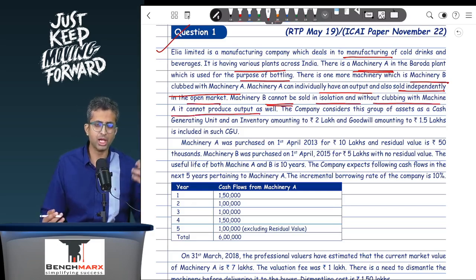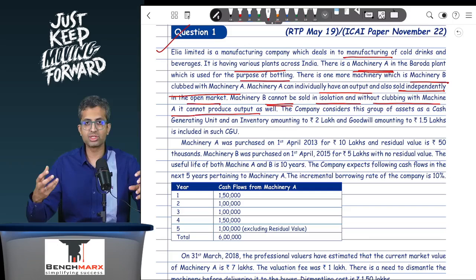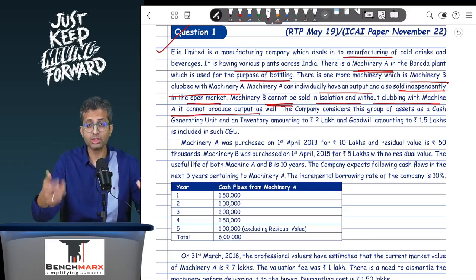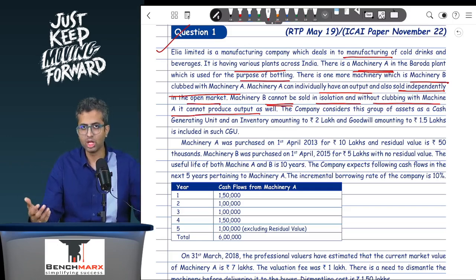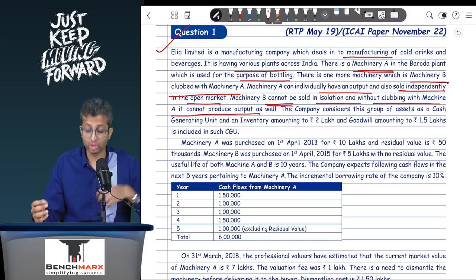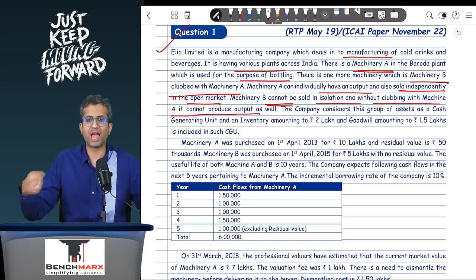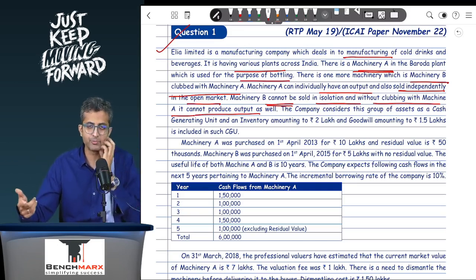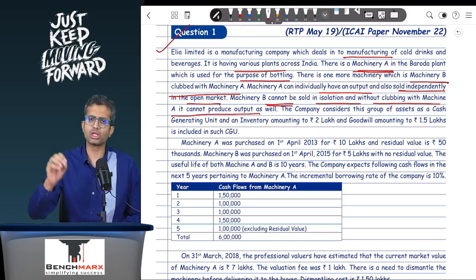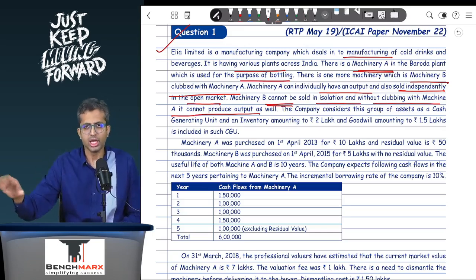Like for example, let us say there is a machinery A which is capable of manufacturing petrol from crude oil, and there is a machinery B which is like a filter, that if you put that filter on machinery A, the petrol that you get is high speed petrol. Now machinery B alone is just a filter, it cannot generate an output, but machinery A can also generate petrol without having the filter of machinery B as well. Now let us say your company is exclusively in the manufacturing of high speed petrol only,